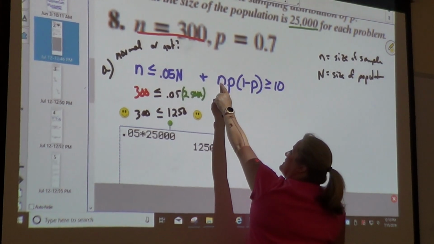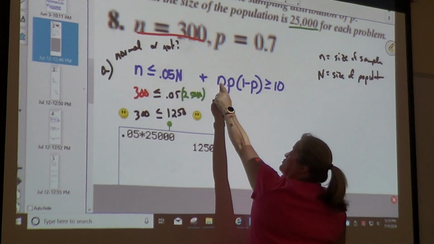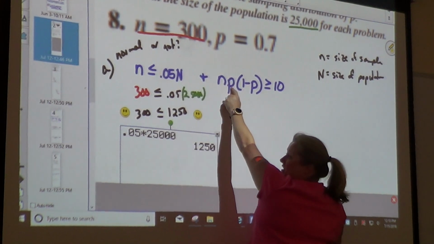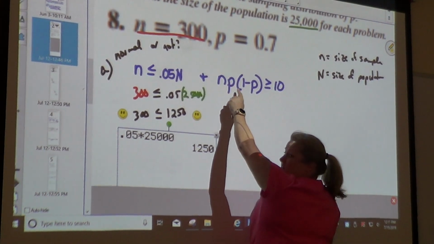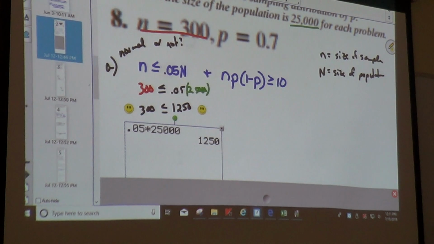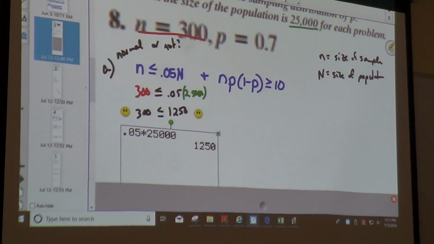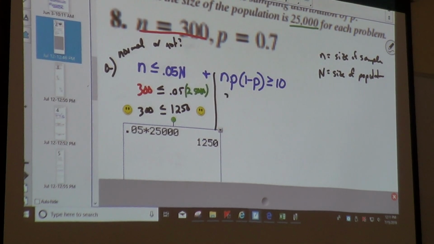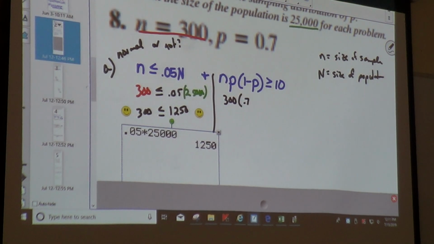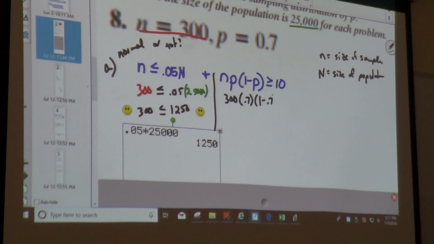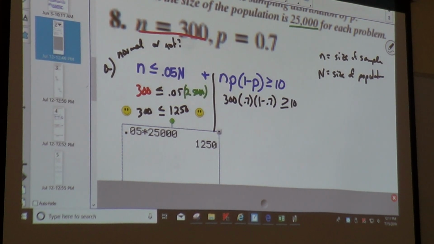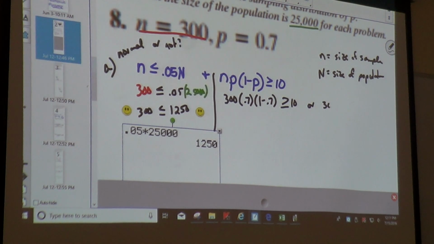What is my n? 300. What is my p? 0.7. Now I'm going to show you two ways you can do it. It does not matter to me. You can do 300 times 0.7 times 1 minus 0.7. Or you can do 300 times